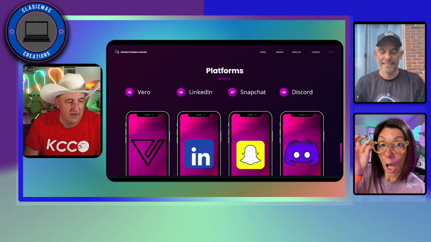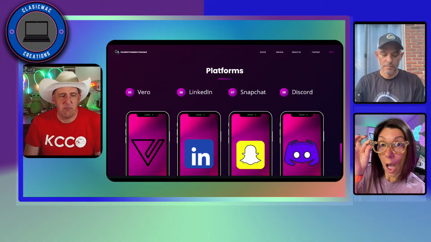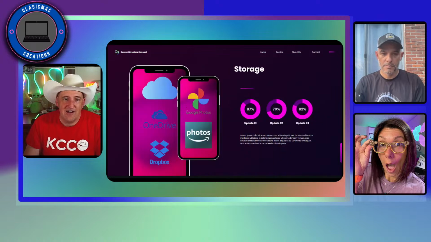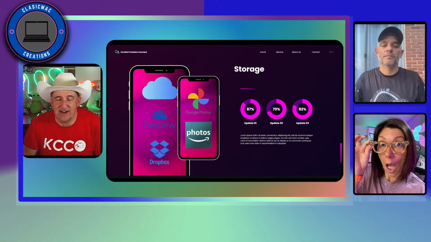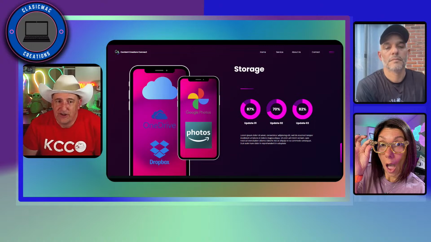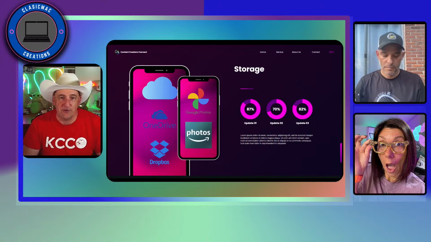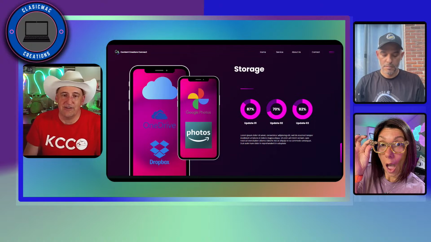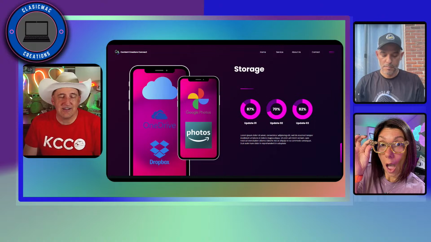All right. So now we've gone from the platforms where you're going to be posting this to what you're going to do once you're done posting this content. You can't keep that on your phone or device forever, so you have to upload it somewhere or take it off your phone because you're going to run out of space. Even though phones these days keep getting larger and larger, you're not going to be able to keep everything on the device forever. And that's where a lot of these cloud services come in quite handy.